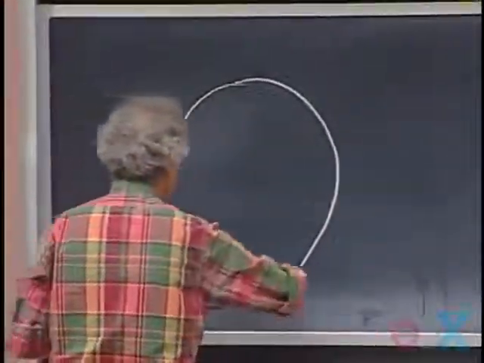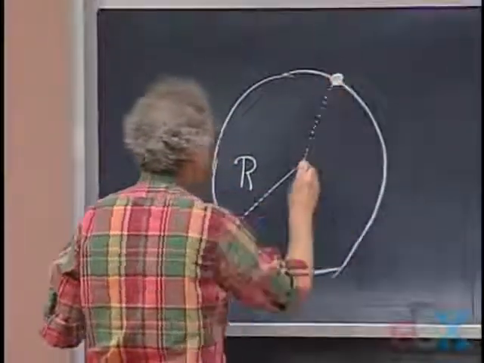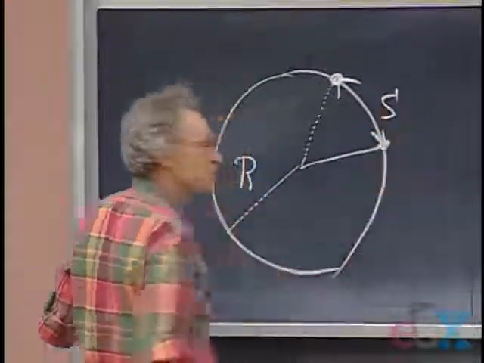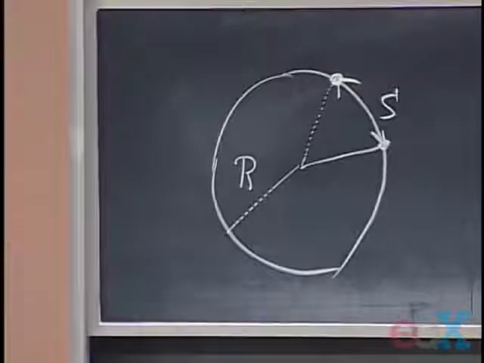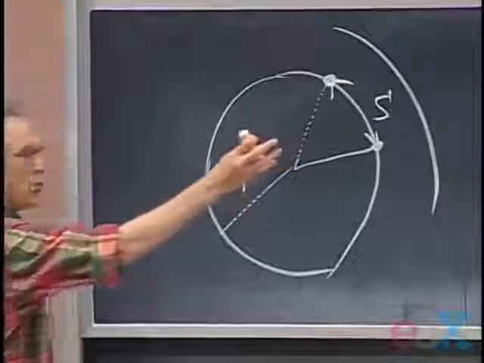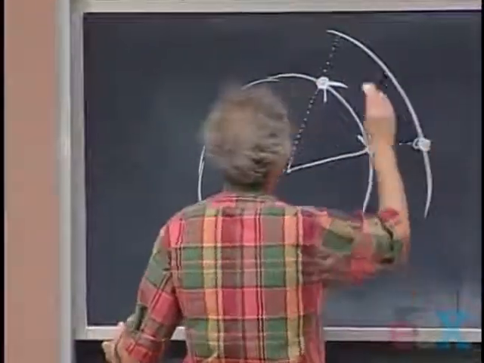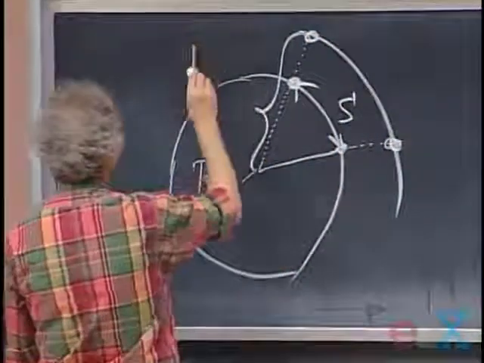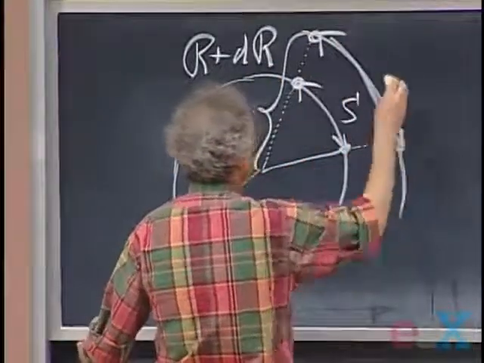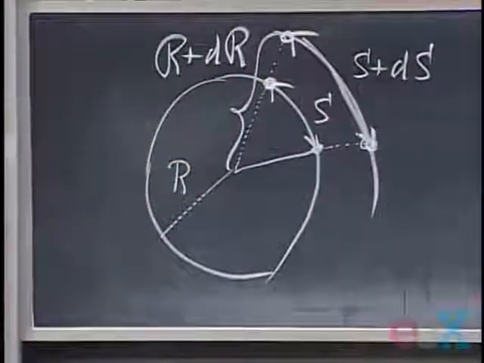Here is that balloon. The balloon has a radius r. Here is one galaxy, and here is another galaxy. And they are a distance s apart. I will call that later d, but now I want to call it s. You will see why. A little later in time, the universe has expanded. This galaxy is here, and this galaxy is here. And this distance now is r plus dr, and so this distance now between the two galaxies is s plus ds. And it follows immediately from the geometry